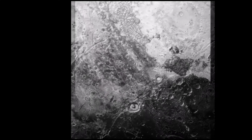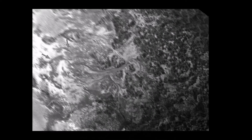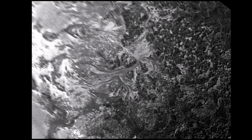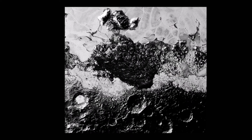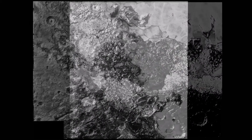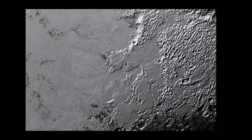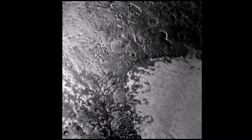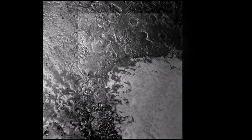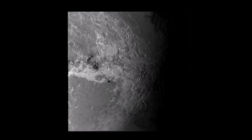The plains look to be relatively young, about 100 million years old, and scientists speculate that internal heating, perhaps from icy volcanoes or geysers, might still be shaping these crater-free regions. However, at the moment, scientists have no hard evidence of erupting geyser-like plumes on Pluto. Another possibility could be that the terrain, like frozen mud cracks on Earth, formed as a result of contraction of the surface. The plains, which include clusters of smooth hills and